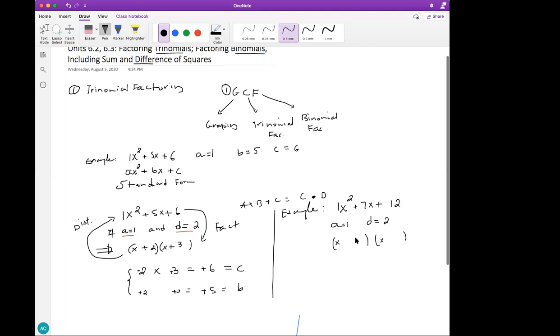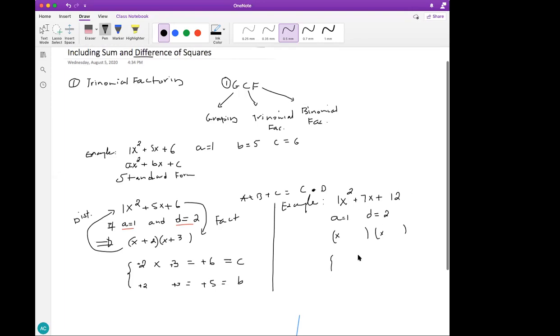Now we need two numbers to fill in these gaps here. How do you find those numbers again? Just like we did earlier. What numbers? X plus 2. How do you find the numbers? Instead of X, we're gonna put 1. So we need two numbers that multiply to what? Just like we did here. Two numbers should multiply to